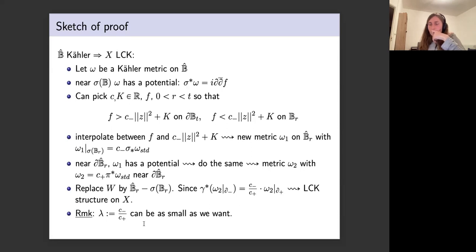And in this construction, it's hard to really keep track of what happens to these constants. What you can keep track of is that, in some direction, the C minus over C plus can be as small as you want, but you don't really know how big it can be. You cannot be one, but you can. So far, we don't really know exactly what the possible constants you can get are, or what is even a bound for these constants. And this is essentially related to, as I said,